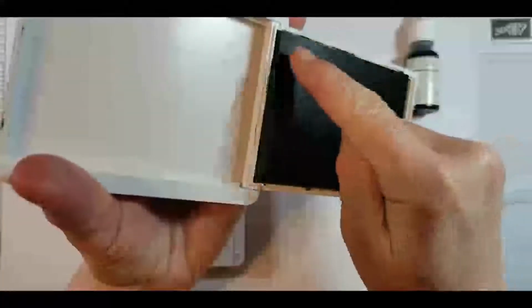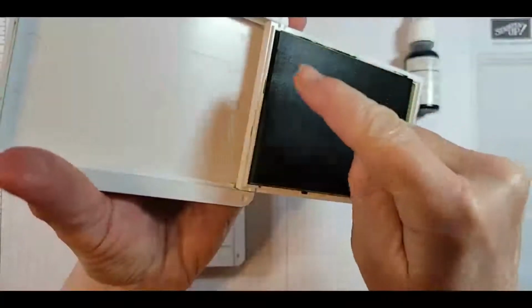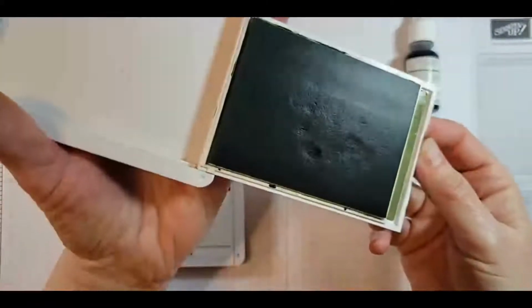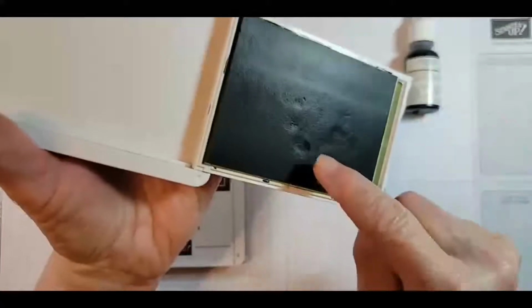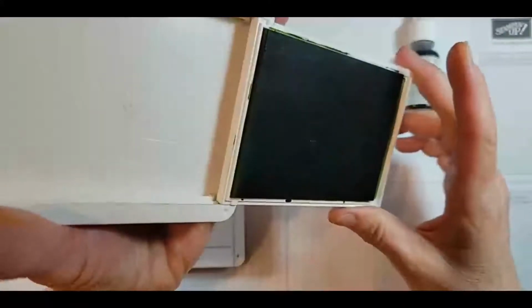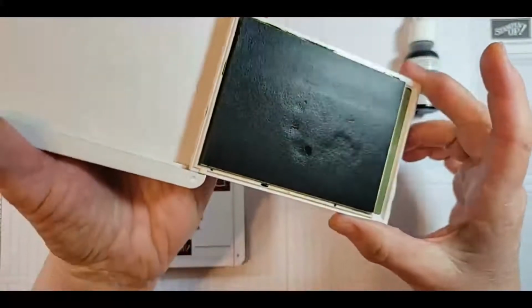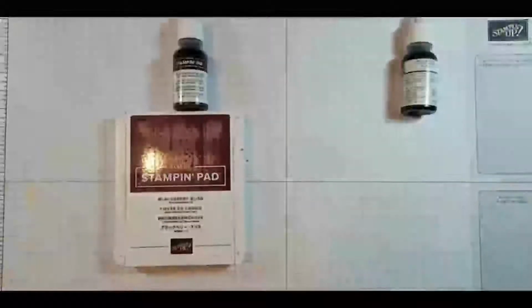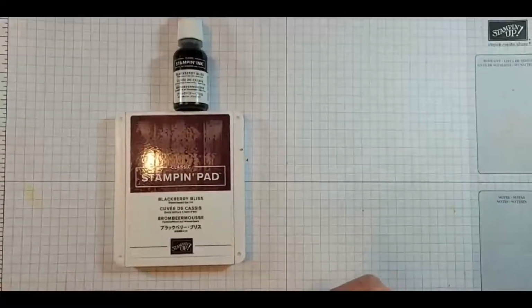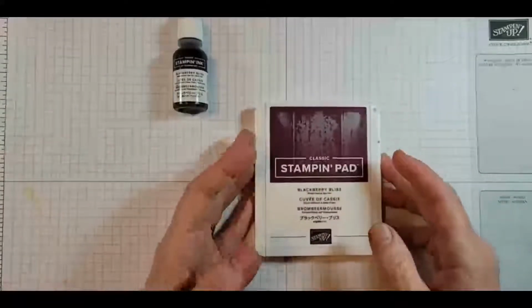Now remember, this one had that ugly stuff up here that kind of looked like mold. And look at that. It's absolutely pristine, except for the fact that it's got a little tear in it. But that's got nothing to do with what I was trying to repair. There we go. So that one's done. And I'll give that a try as well. But I'm going to show you how to re-ink